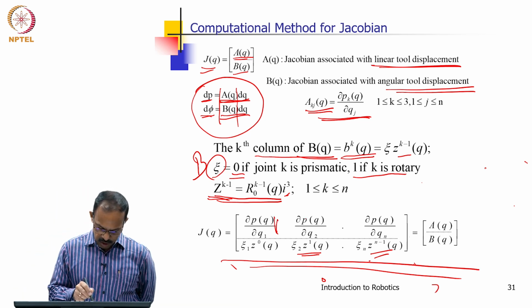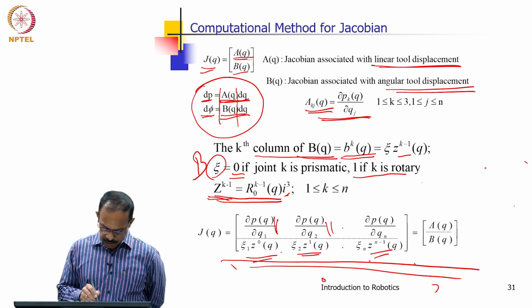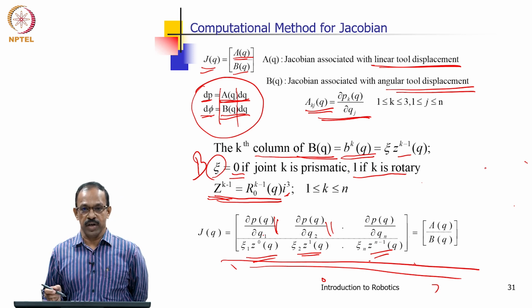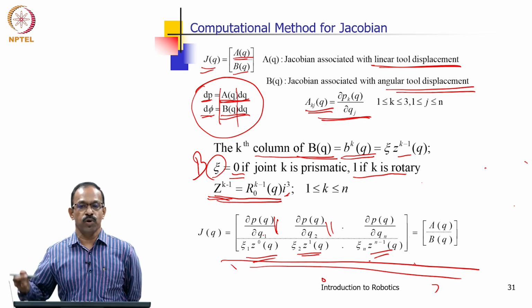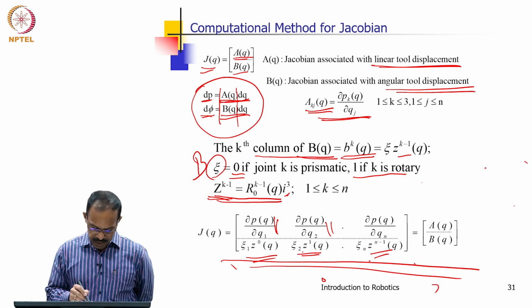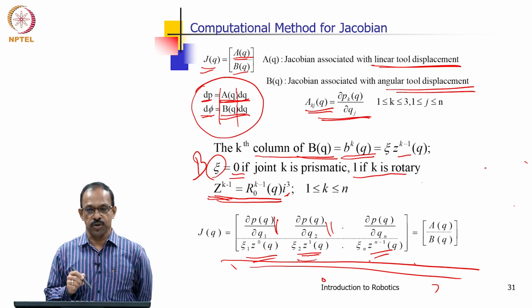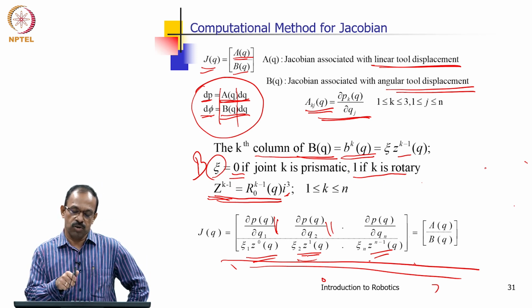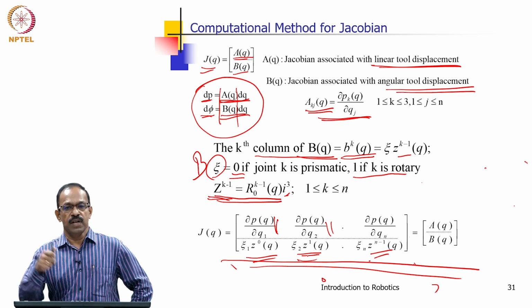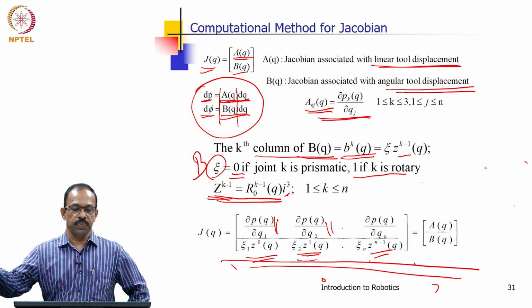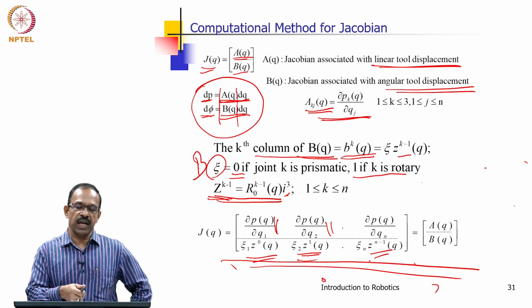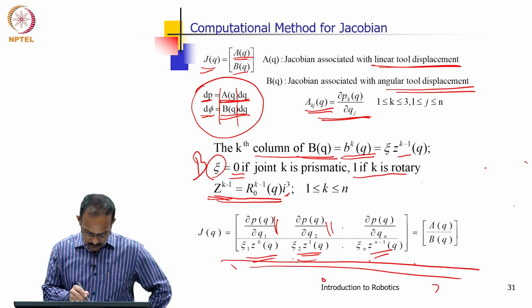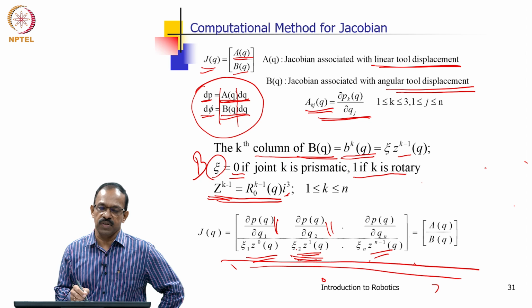What we are trying to do is get the first part, with no issues with the linear part. For the lower part, if it is a rotary joint or a prismatic joint: a prismatic joint is not going to change the orientation of the tool, and therefore this Bk will be 0. If it is prismatic, this will be 0, but if it is a rotary joint, then the rotation of the joint with respect to that axis will lead to a change in the orientation of the tool tip. So, the orientation of this axis is what determines the change of orientation at the tool tip. So, this Bk will be the orientation of this axis with respect to the base frame.